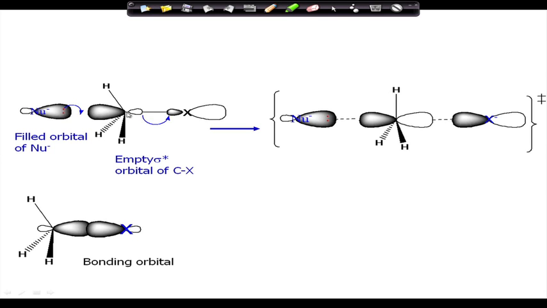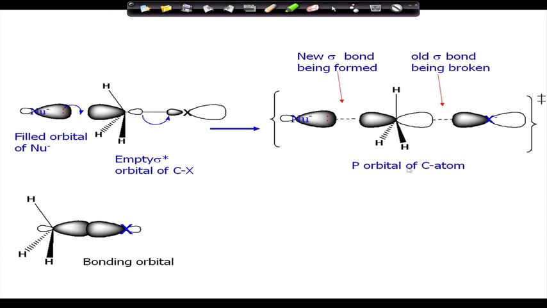As the nucleophile approaches, the carbon gets a pure p form, and then there is an interaction, and X starts to break away from this system. So, this is the transition state. In the transition state, the carbon is becoming trigonal bipyramidal in shape. It is partly attached to the nucleophile and partly attached to X. The detachment has started and the attachment is also taking place. So, there is a new sigma bond forming and the old sigma bond being broken. That is the stereoelectronic requirement for